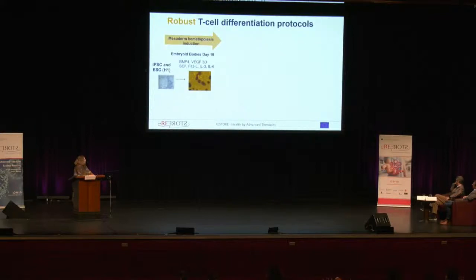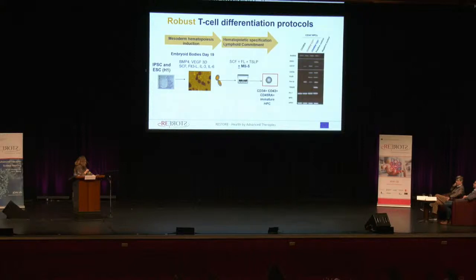So now we are selecting these cells, and so we are going to have a robust T cell differentiation protocol. First, we have to induce a mesoderm by the embryoid bodies technology. This is aggregated with different factors, and BMP4 is a very important factor from the beginning. Secondly, we have to have a specification of this mesoderm into the hematopoietic lineage, and during this process, we have